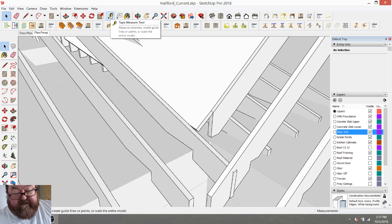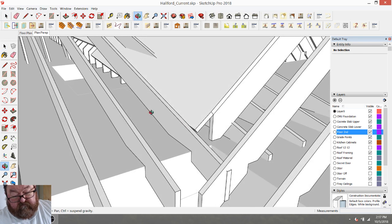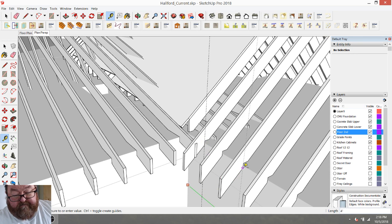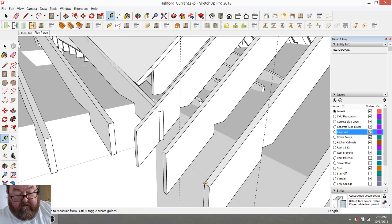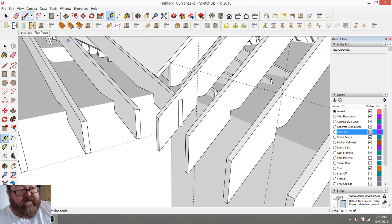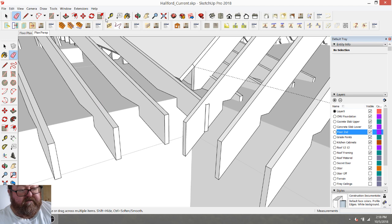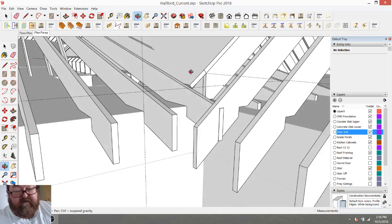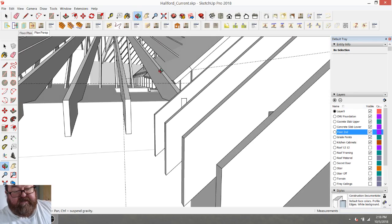line here. Let's see, where would it be? If I put that line here on that house line. Oops. If I just run that up to there, yeah, that's right. And I do the same thing over here. That's basically where those intersect, but